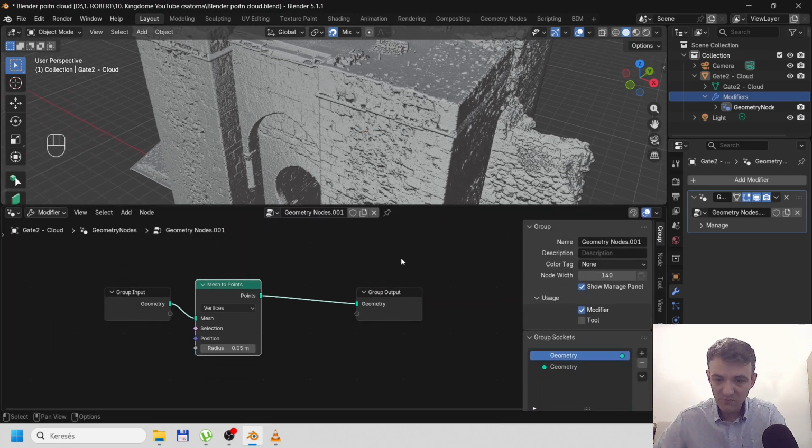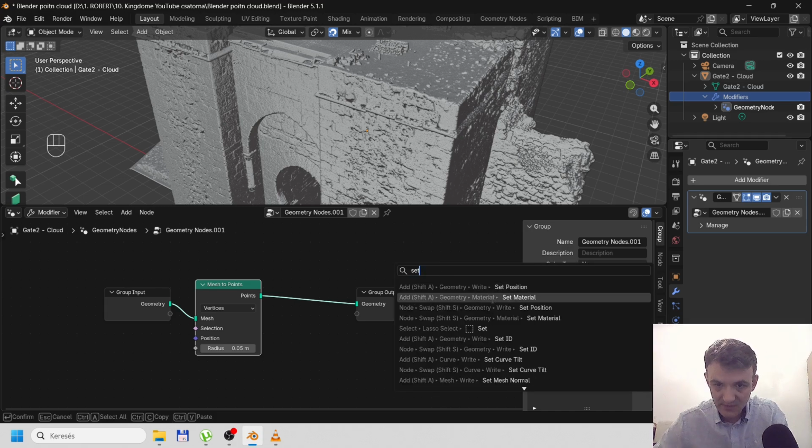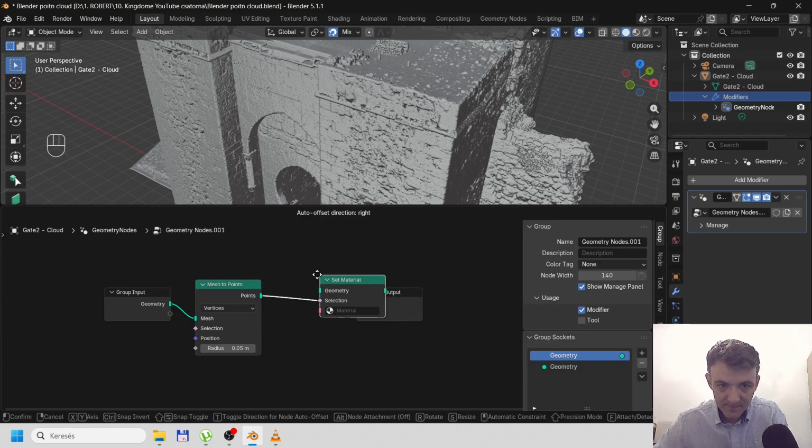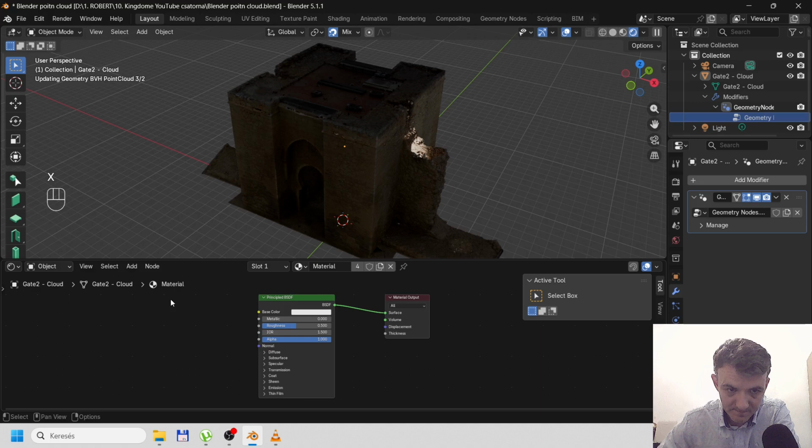We have to place Set Material as well in order to see the RGB attributes. So let's search for Set Material, which is this one, and put it right here. In order to see those colors, we have to set the material to this default material. And in the Shader Editor,